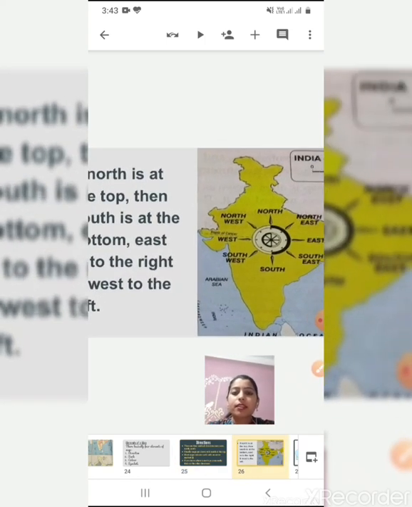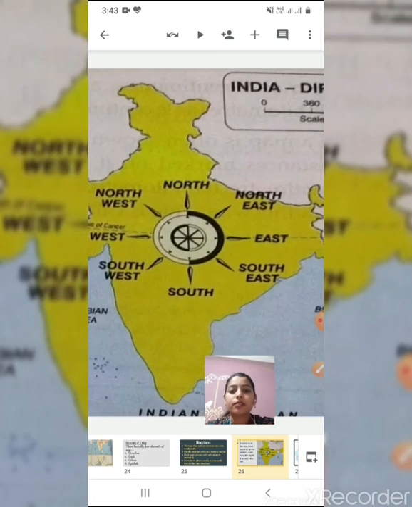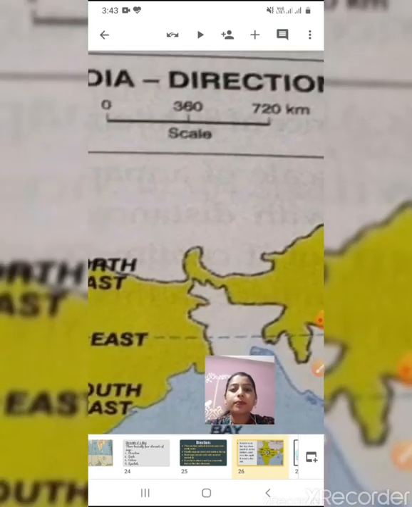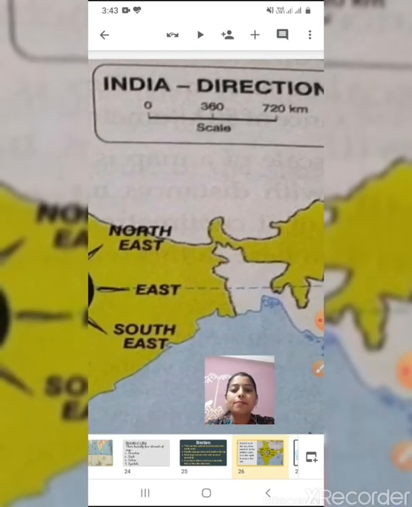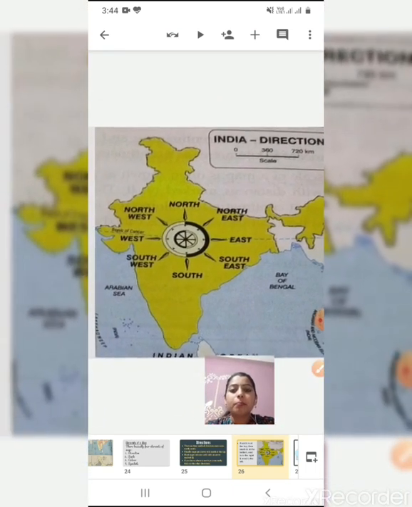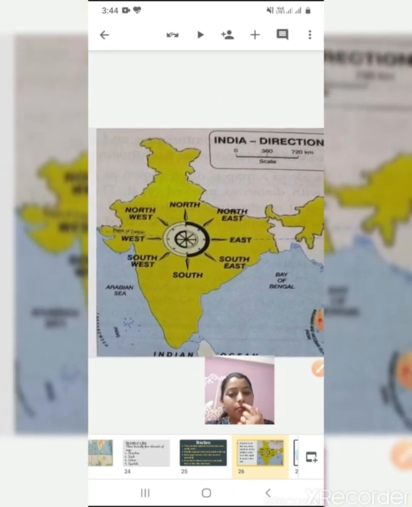Yes, see the direction which I have just shown you, and this is the scale. Alright, this is the map of India. Is this a physical map or a political map? First of all, tell me. This is a physical map. And this is the direction. North